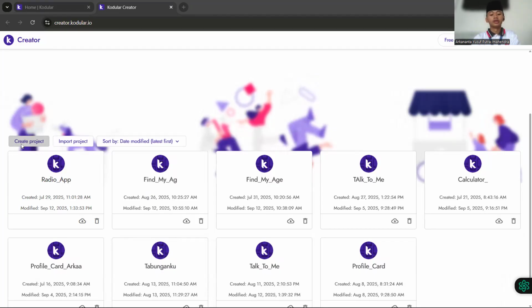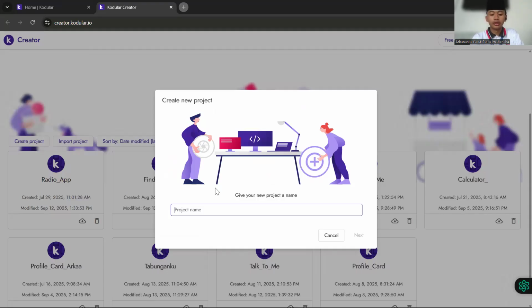After that, you give your project a name. Because now I want to make a radio app, we give the name Islamic Radio App. Once you have given the name, we can go next.